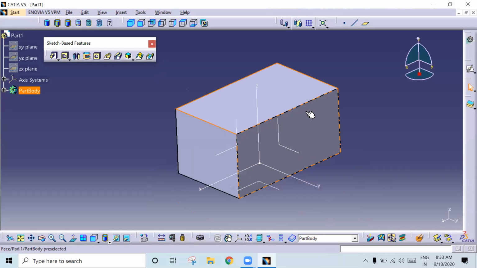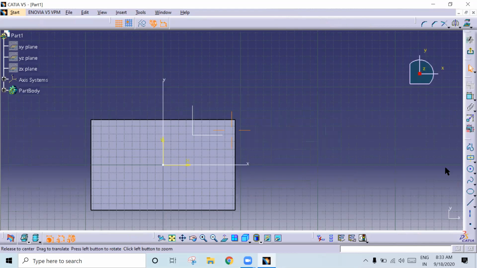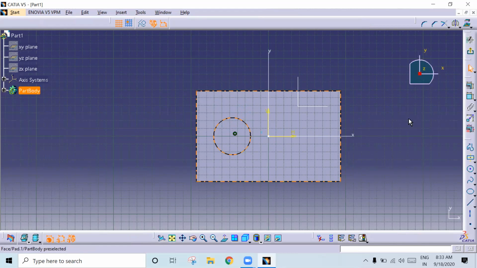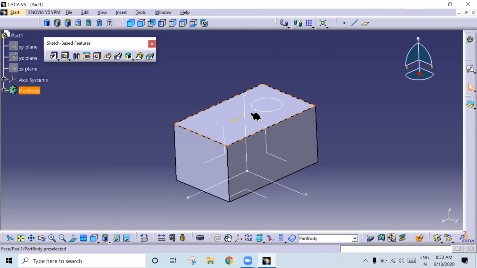Suppose if you want to make a hole or if you want to remove the material, so what you have to do is select the plane. So this is also a plane surface. Okay, I'll select it, go to position sketch and give OK. So whatever the sketch you will create, that will create on this. So what I will do, I will create a circle or rectangle, anything, and that should be closed. See here. See, the profile has been created on surface.